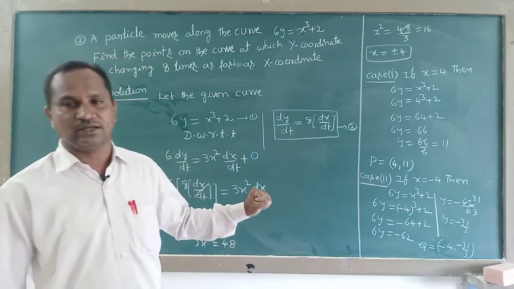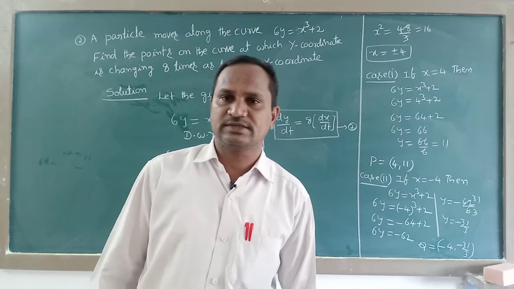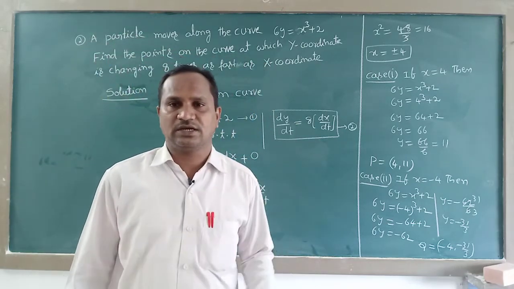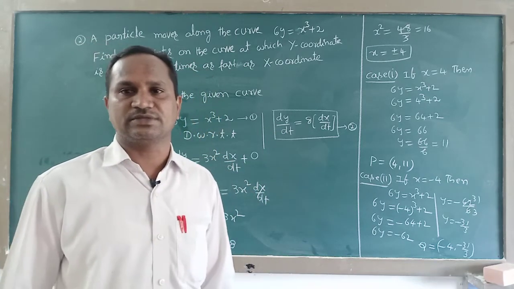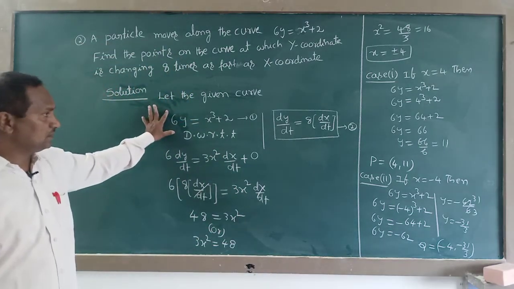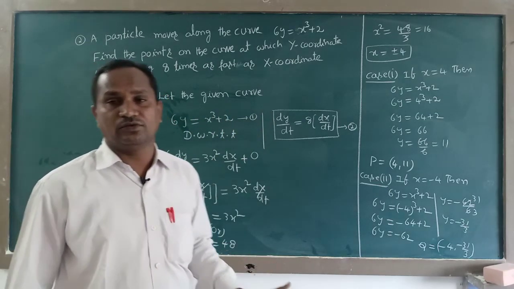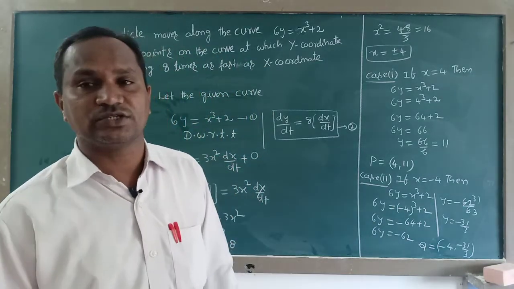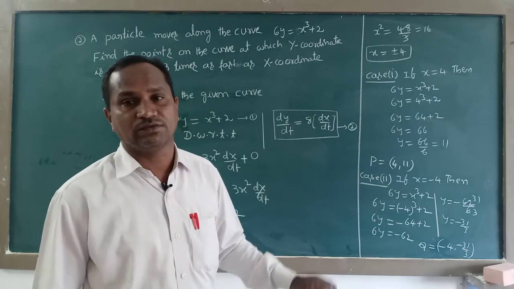It's a very simple question and very important also. So many times they asked this in the last annual examinations of so many academic years. In the last March month public examination, they asked this so many times. They asked this for 5 marks. They gave one curve expression. At the same time, they gave a condition also: the rate of change of y coordinate is equal to 8 times the rate of change of x coordinate. With the help of that, we found the coordinates of the given 2 points.